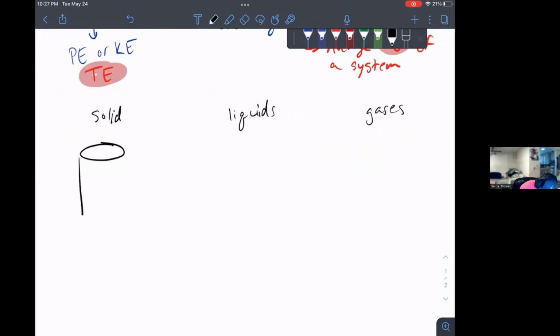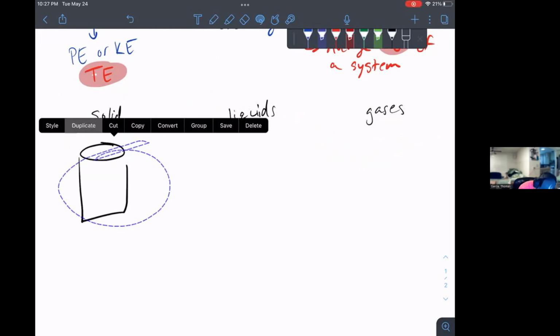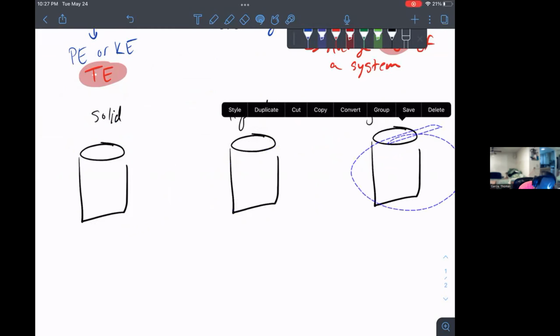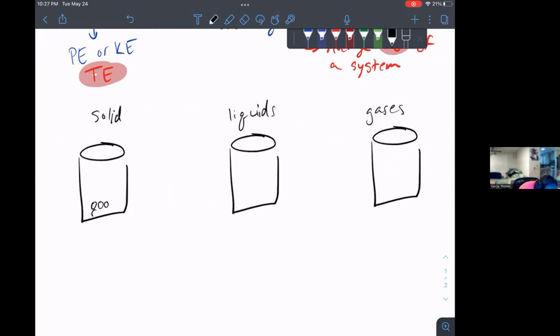If we have a container containing a solid, a liquid, and a gas, particles flying all over the place, we generally think of the energy as increasing. So as we go from solid to liquid, we have increasing